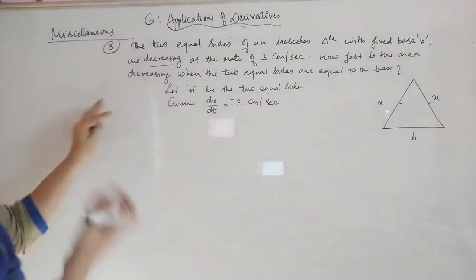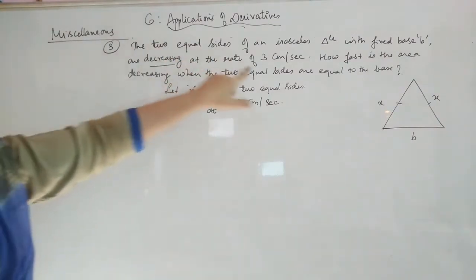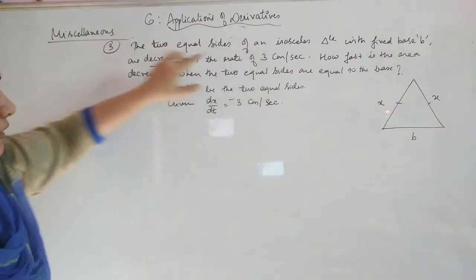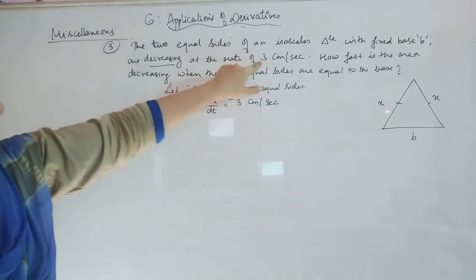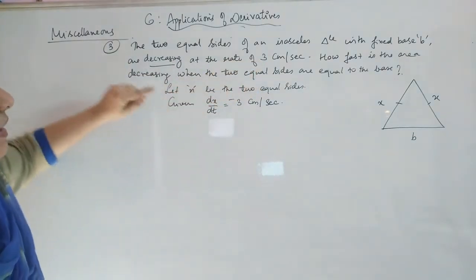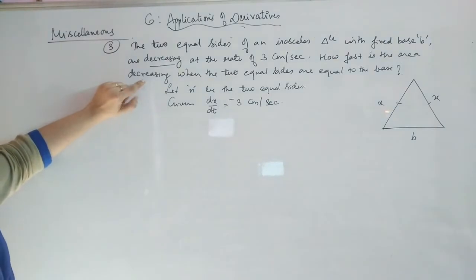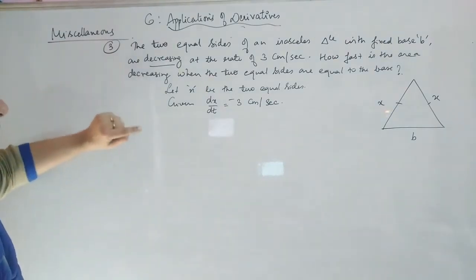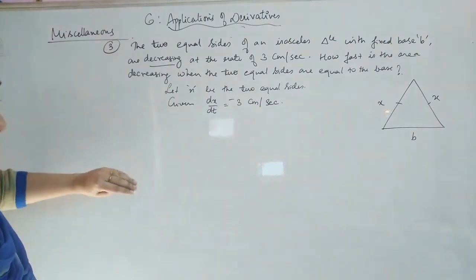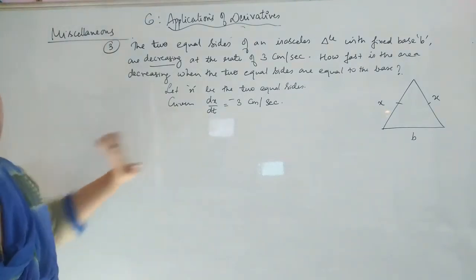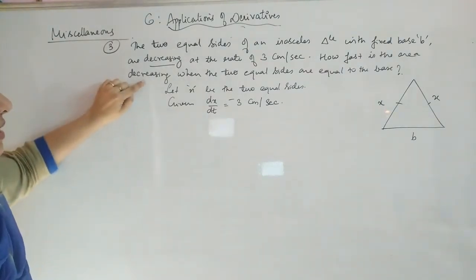Now, if we say it is changing at a rate of, at that time we will just prefer that negative sign here. If they are saying decreasing, we need not put a negative sign there. Understood? That means you have to find out how fast the area is decreasing, so when you get dA by dt, at that time you should get a negative sign. Then only you can say that it is decreasing.